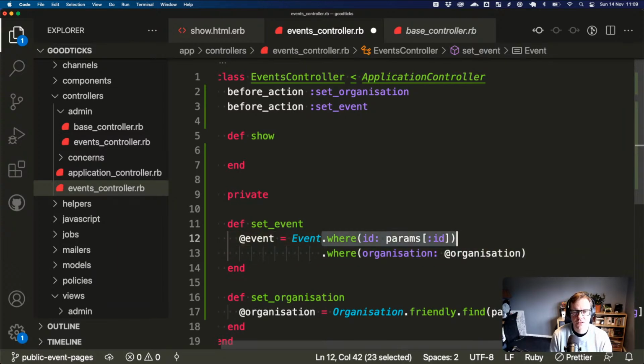And the reason we're doing both, and not just from that ID, is that it gives you the nesting. Because using the ID, the ID would be unique, so 1, 2, 3. You couldn't have two events with 1, 2, 3. But when we switch it to use slugs, there might be one called Fun Run 2021, but another organization might have Fun Run 2021 as well. And so it's this query that will prevent that from being a problem. And so again, we want a test to cover that. And when we put the slugs on the event, they will need to be scoped slugs rather than organizational.